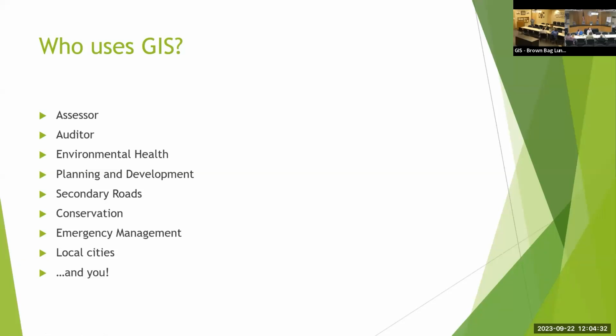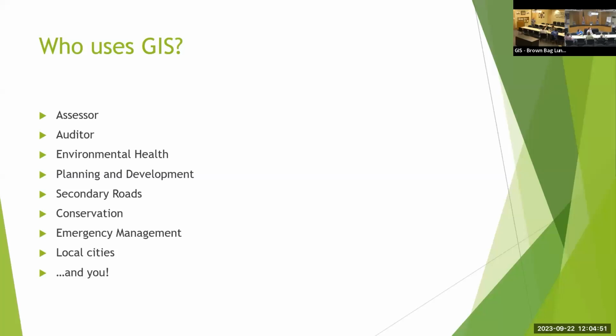And they're using a lot of mobile options. They have it on their phones or tablets, and they go out and collect data, look at data, analyze things while they're out there, because they're out in the field. Conservation people are doing work in the county. So having that mobile access to the data is really nice.